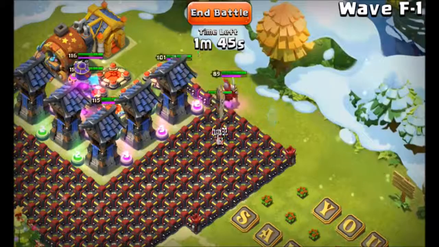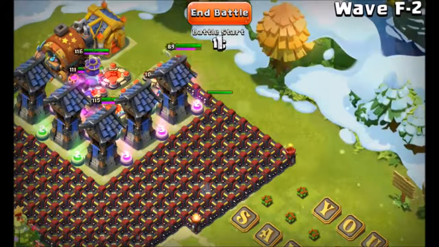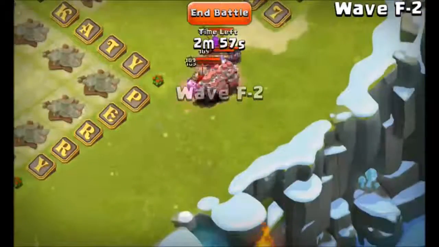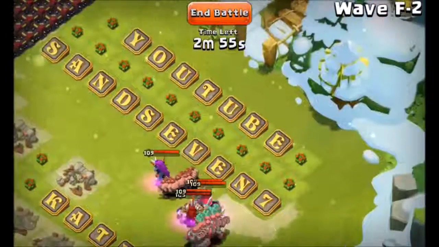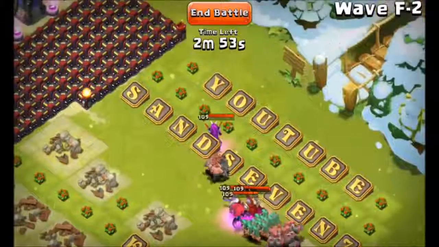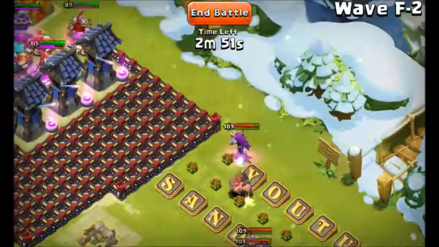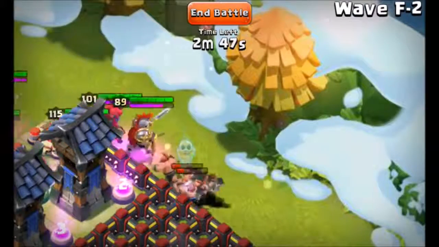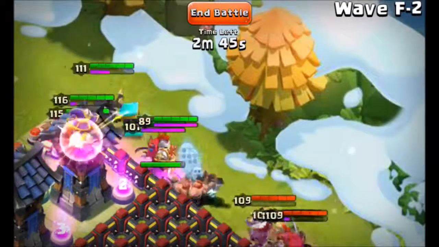Troops, let them come around. Easy in F1. And from there, we're going to have F2. And I believe this one, let's see where they come in. And they come in on the bottom. Surprisingly, this defense works surprisingly well when they drop right on top of you. I was surprised when I saw that, but it's the hero placement, it's the guild hall, it's the relic hall,